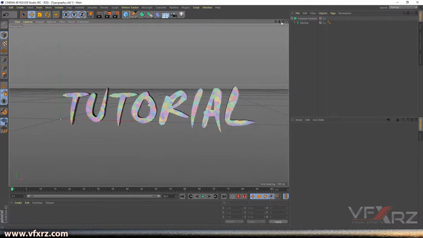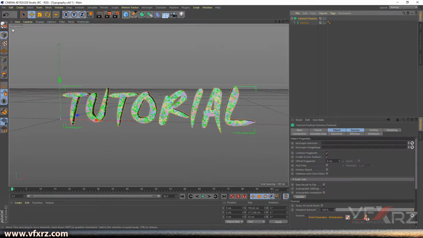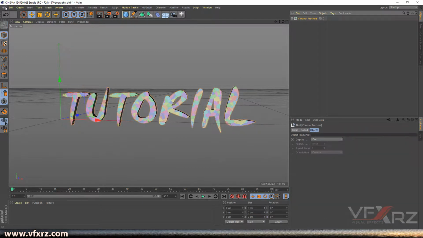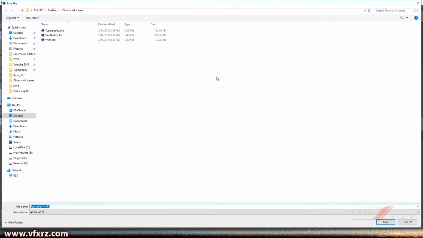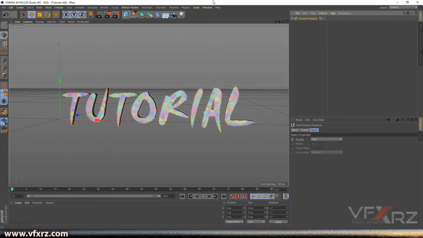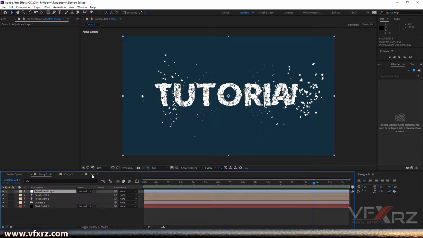Again select this Warnell fracture, make editable, and File, Save As, and tutorial. Okay, after creating these two texts, come back to After Effects, and from here